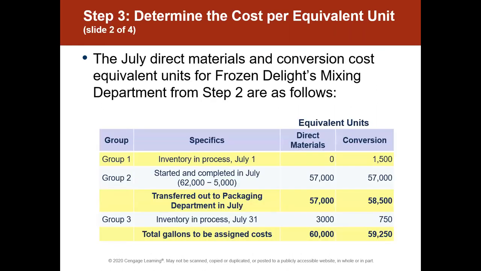So let me skip to this next one. So the July direct materials and conversion costs equivalent units. Remember, they were different. So we had 3,000 equivalent units with relation to materials, 750 with relation to conversion left over, which means our total that we're assigning for the end of the period is 60,000, sorry, for direct materials and 59,250 with relation to conversion. So then when we're going to find our cost per unit,